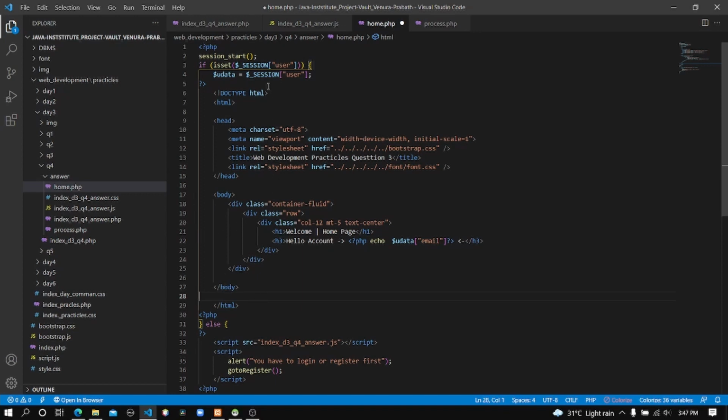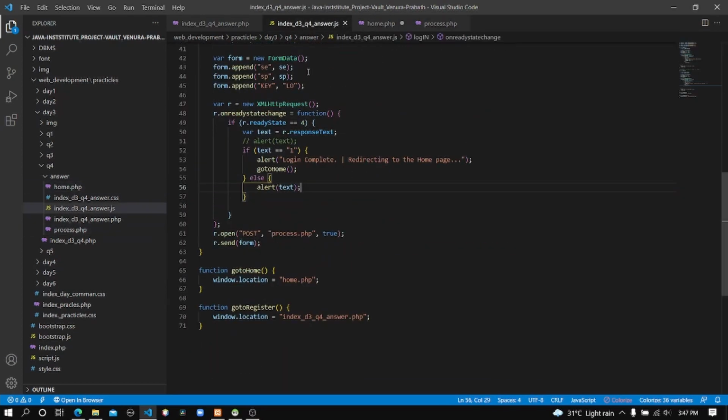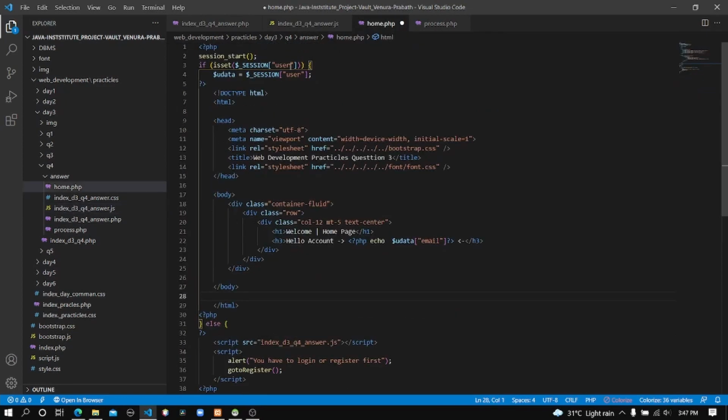Okay, so if there's a variable called user, that means he came through the login process, and after the login process he will have a variable in his session called user.